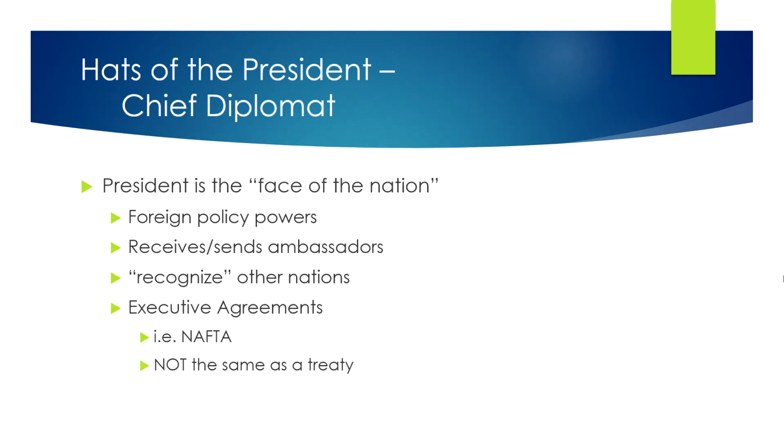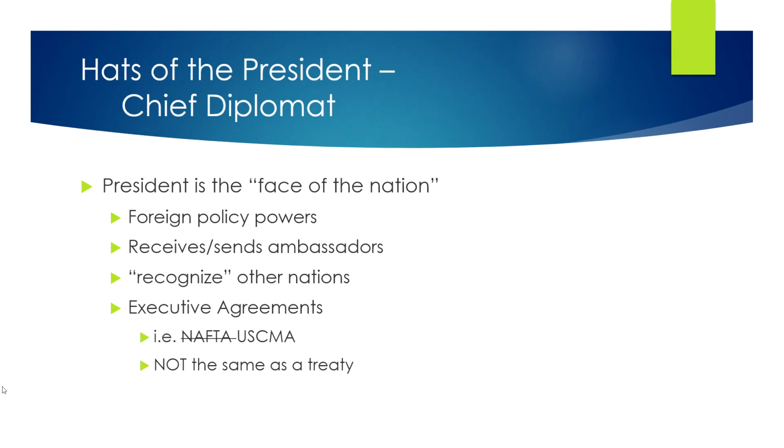Finally, in the area of foreign policy, the president is allowed to enter into executive agreements. Executive agreements are kind of similar to executive orders, right? Executive orders deal with United States stuff, whereas executive agreements deal with foreign nation things. So, for example, NAFTA, actually not NAFTA, but the USMCA, the U.S.-Canada-Mexico agreement, is an agreement between these three countries that greatly reduces, if not eliminates, tariffs on goods moving between our different countries.